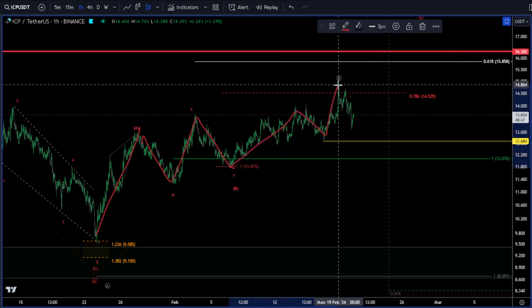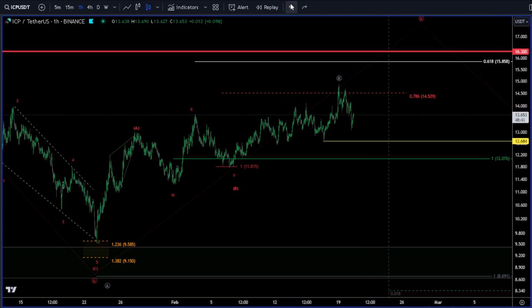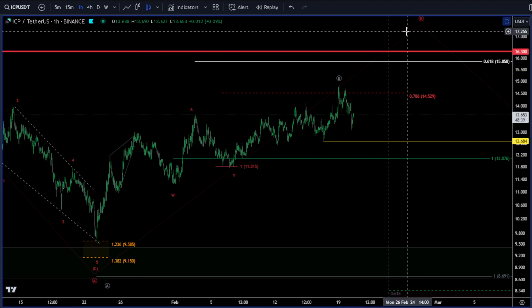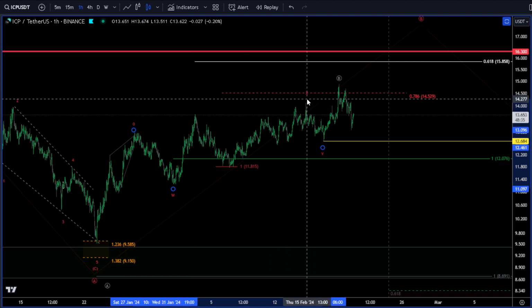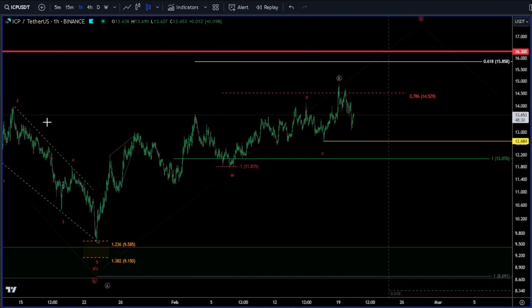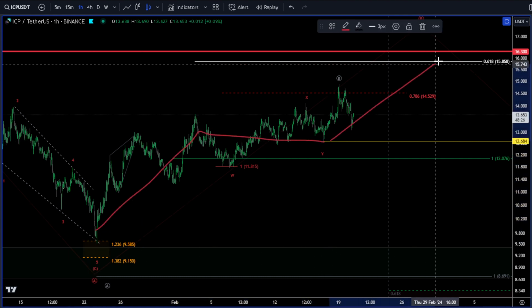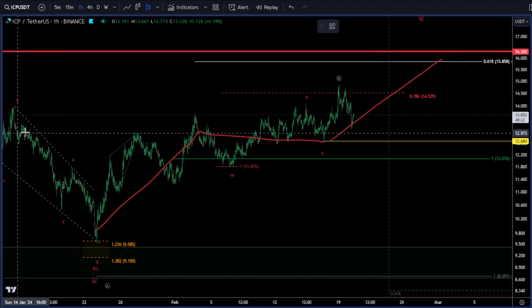Should be 1, 2, 3, 4, 5. Ugly diagonal, that's why I don't have it labeled that way. I'm going to switch my labeling to the WXY just for tracking purposes. It makes the most sense to me, and the length of time between these two corrections just looks correct. I would expect this Y wave to take about the same amount of time